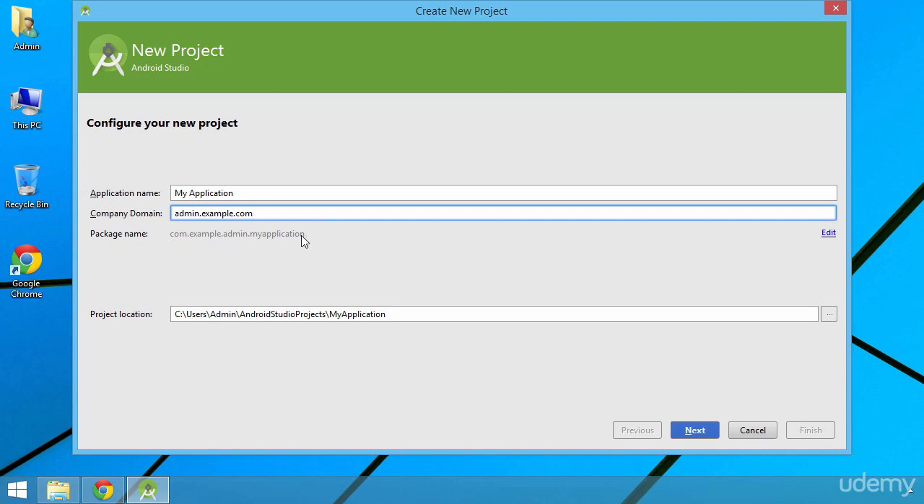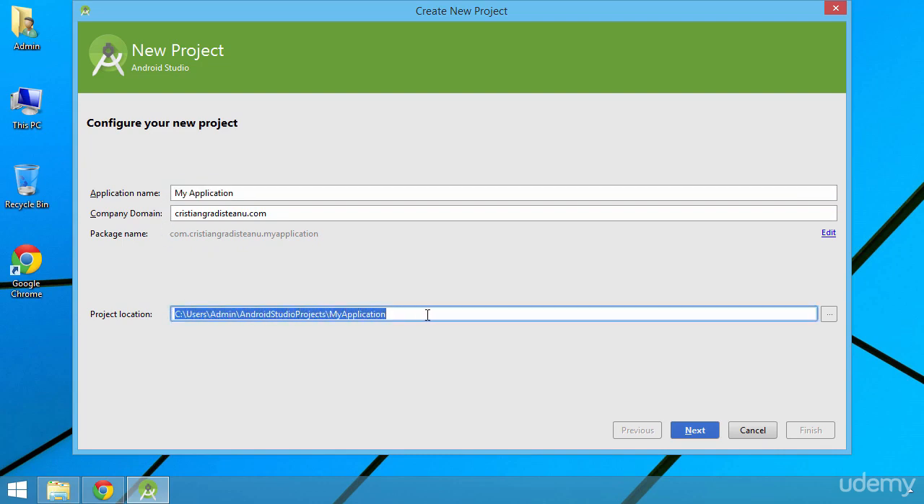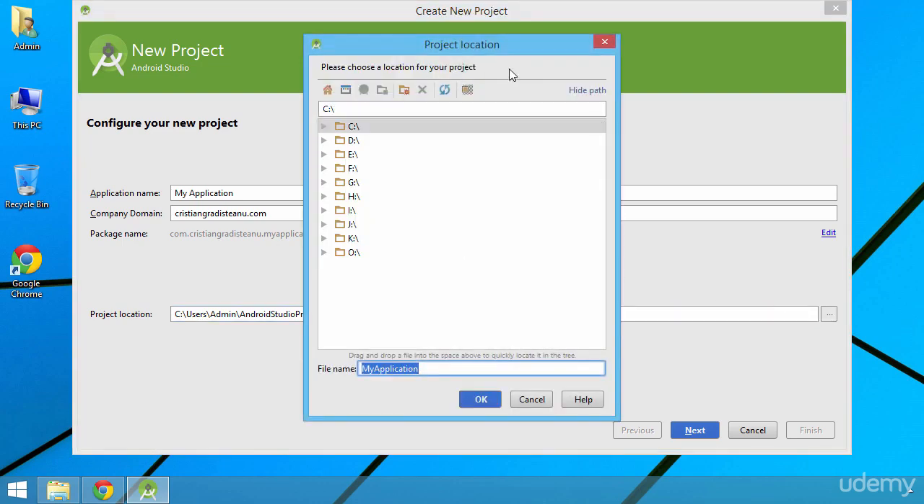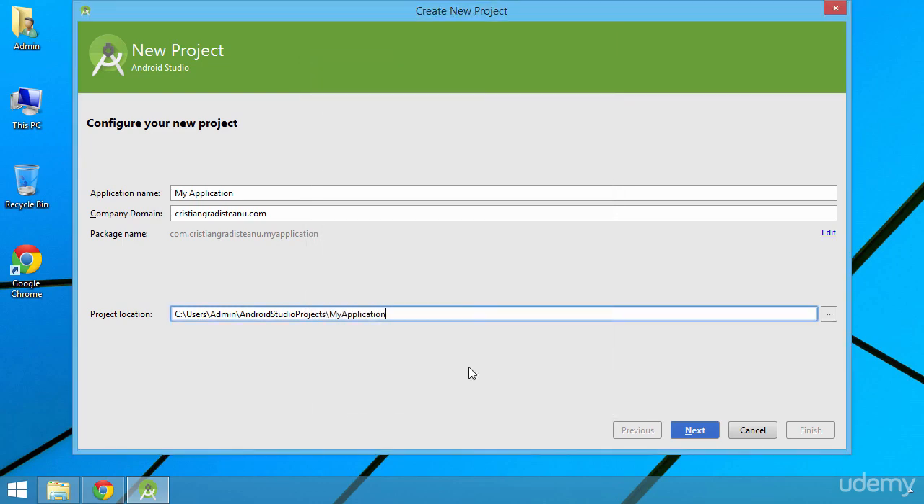In my case, I will just enter my website. Now the package name will contain the reversed DNS of my website, followed by the name of the application, which in my case is My Application. Next, we get to choose the location that will contain our project files. Unlike Eclipse, which uses workspaces to organize projects, Android Studio is saving each project in its own folder. You can set the project location to be anywhere on your hard drive, but I'll stick with the default location